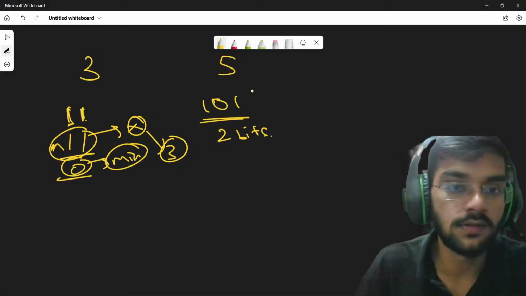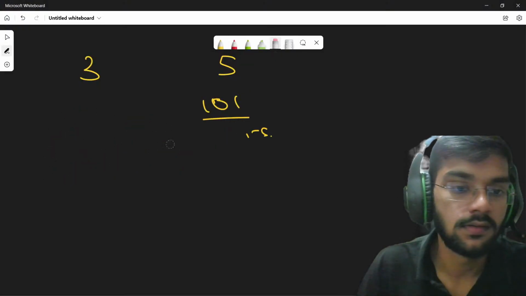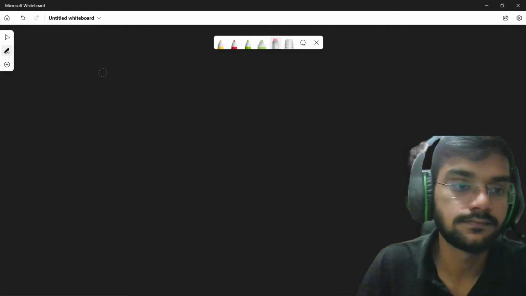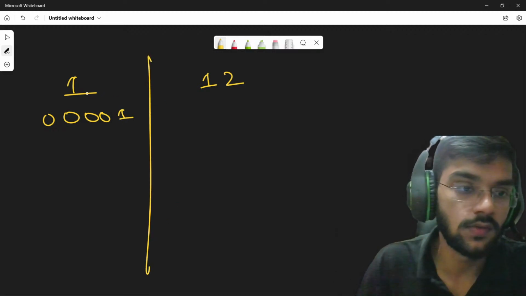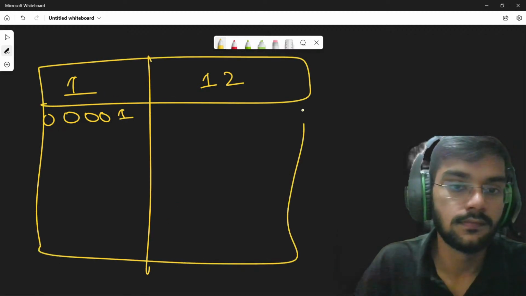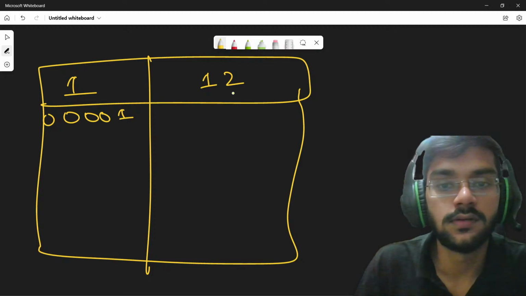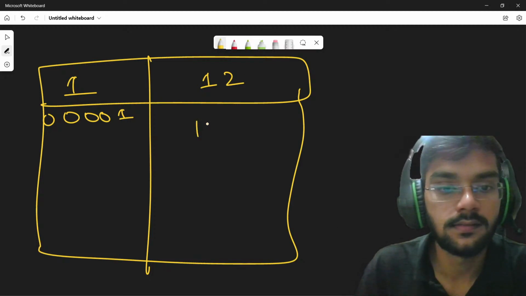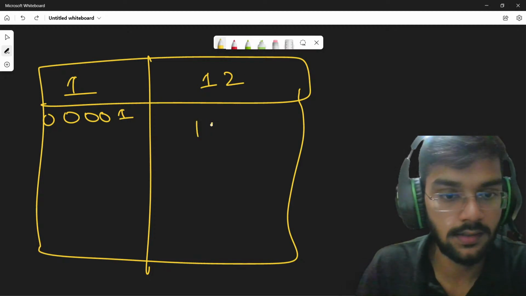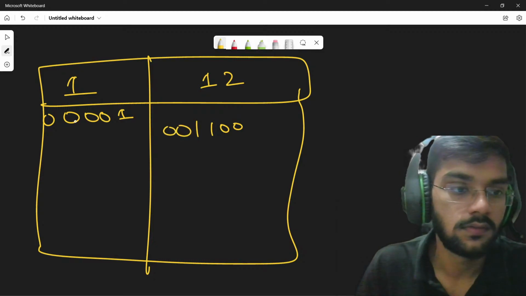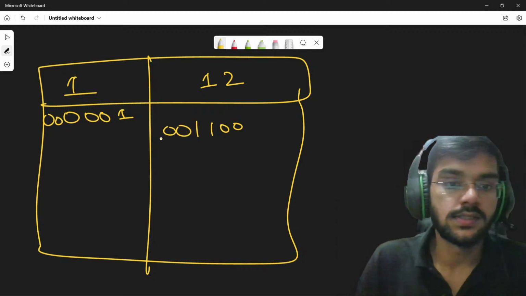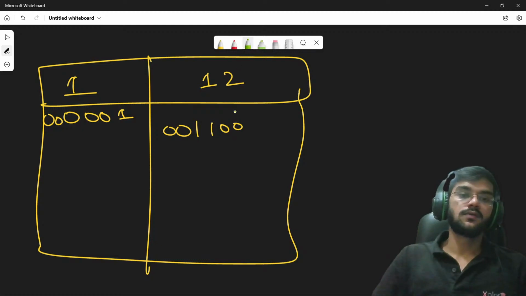So let's say 1 and 12. So let's clear this example. 1 and 12, right? So 1 is represented as this, and 12 is represented as how? What is 12? 8, 4, 2, and 1. Yes, so 1, 2, 3, 4, 5, 6. Yeah, 6. Okay. So I know that here I need